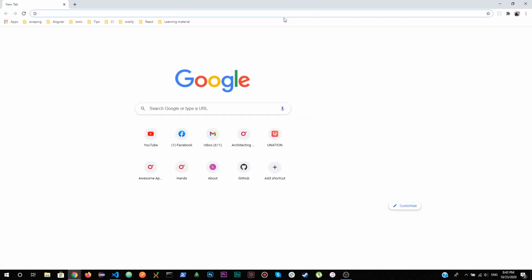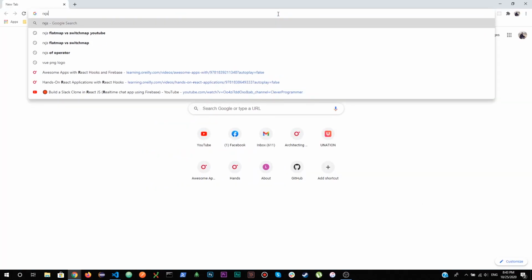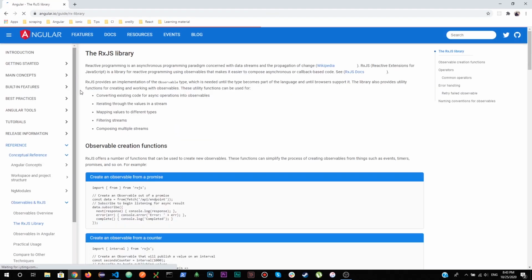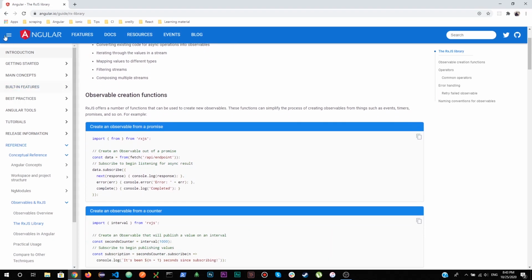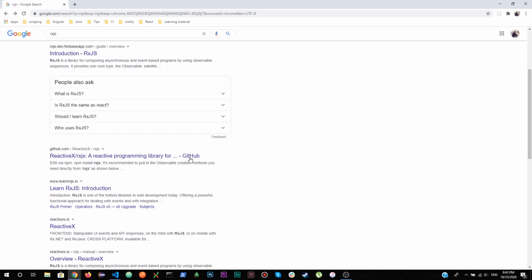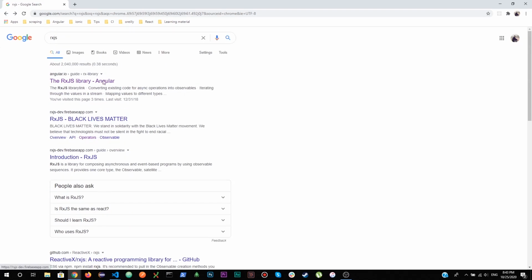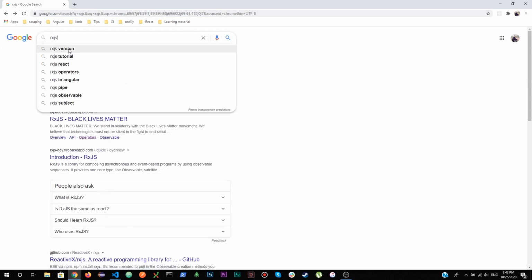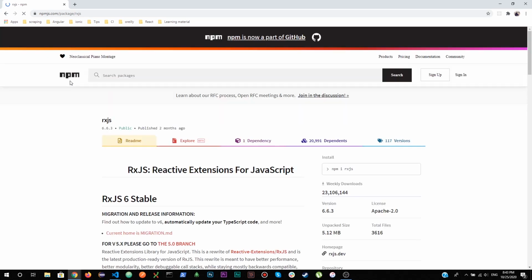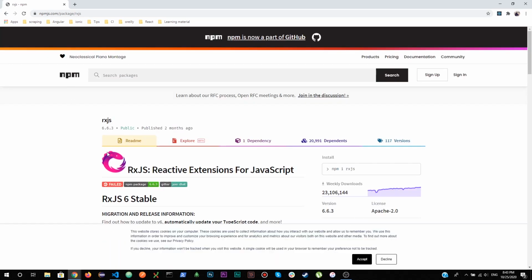and if I just open it up, RxJS for Angular, it has just given me these things. Let me open the separate RxJS site. So this is the logo of RxJS.